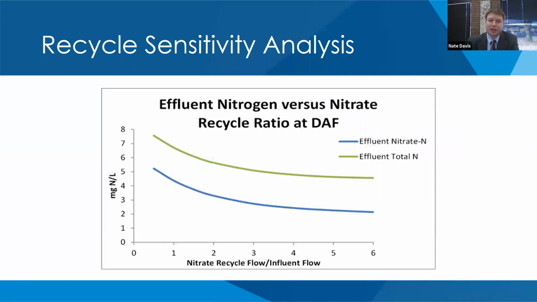And here's kind of an illustration. The one downside of a recycle pump is you're never fully going to capture all the nitrogen that you want to denitrify. As you increase the amount of flow that you're bringing back with that recycle pipe, to a degree you do remove more and more total nitrogen, but you start seeing less and less benefit. The generally accepted knee of the curve on this is about 4 times your influent flow rate, which gives you the most bang for your buck